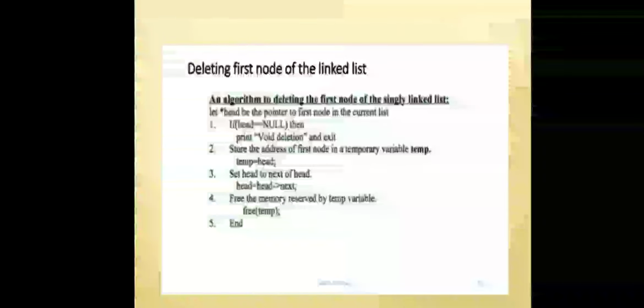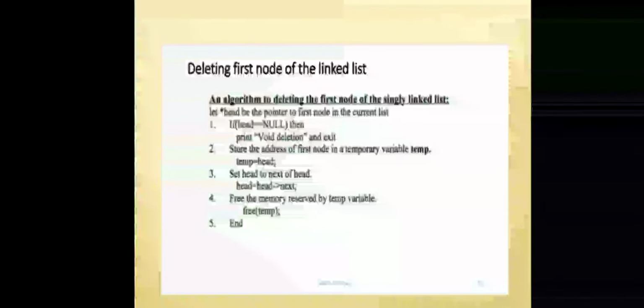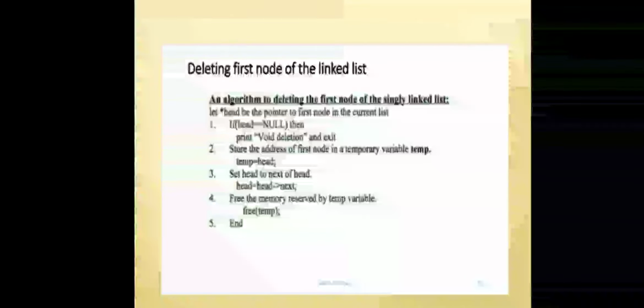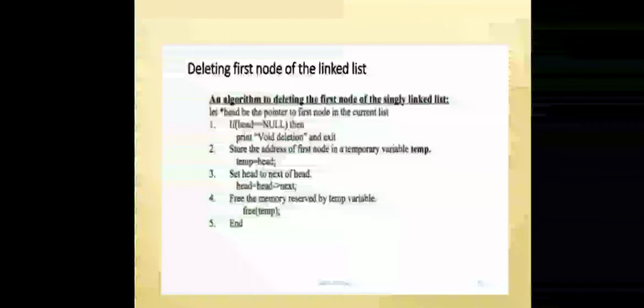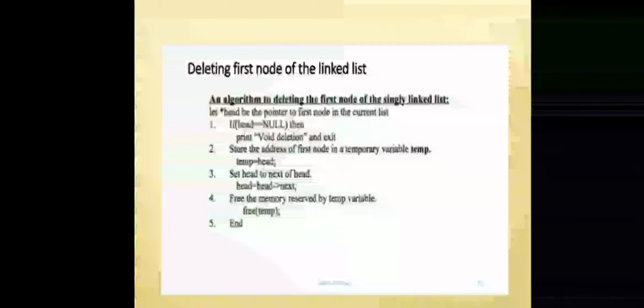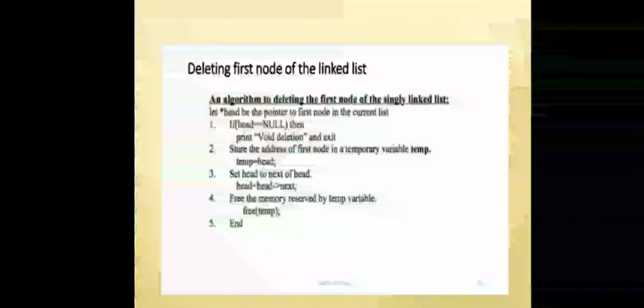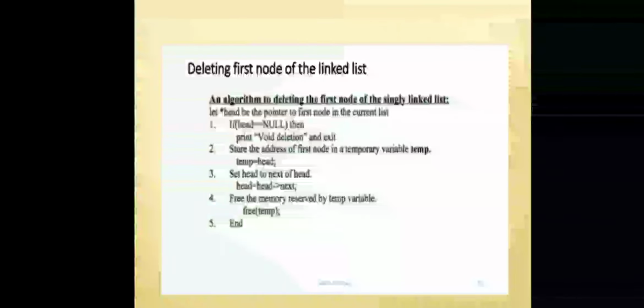If you want to delete at the beginning, first we have to know if the linked list is empty, because then we cannot delete a node. So first we have to check whether the linked list is empty. If it is empty, then it is impossible to delete the node. So the first step is: if head is equal to null, then deletion, then we have to exit. If head is equal to null, then we cannot delete it. Suppose the head is not equal to null, then we can delete the node as shown in these steps.